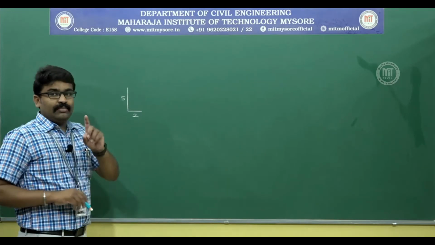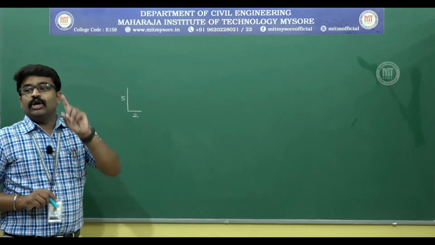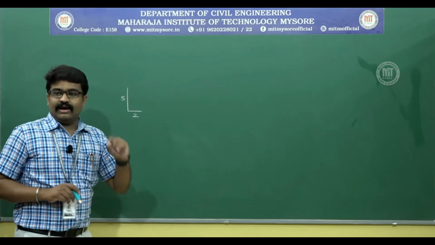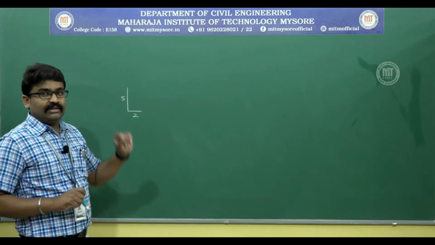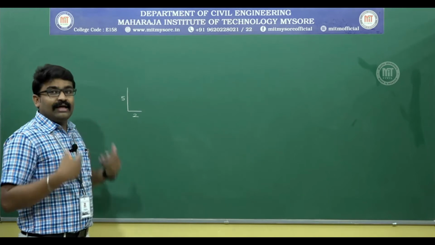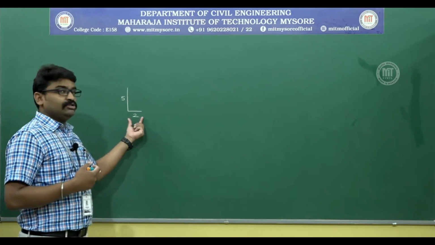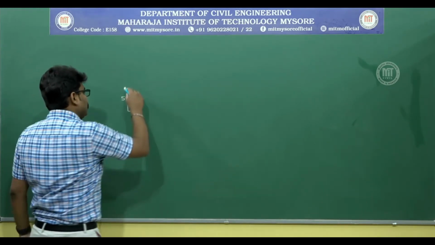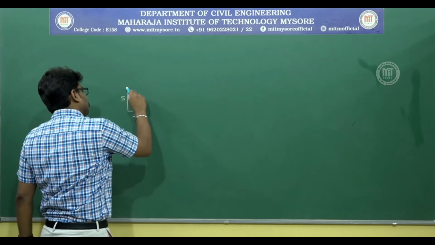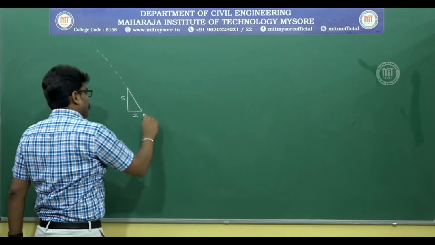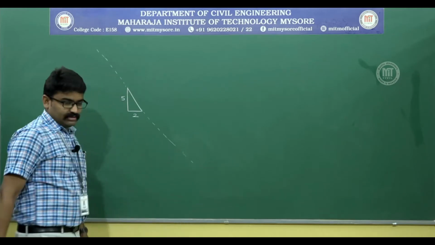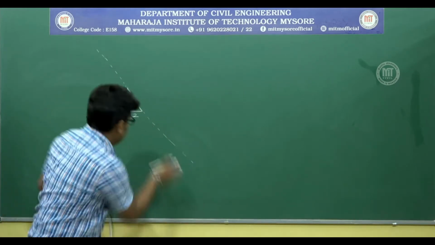That is 2 horizontal is to 5 vertical. That is what I have written, because in the problem he has mentioned that it is 2 is to 5 or 2 in 5. It is usually horizontal is to vertical. Based on that knowledge, for a given scale or an assumed scale, I have taken this to be 2 and this to be 5. I will join them. Why I will do that is, this forms the center line of my pipe. This is how you draw. So this is the center line of the pipe.